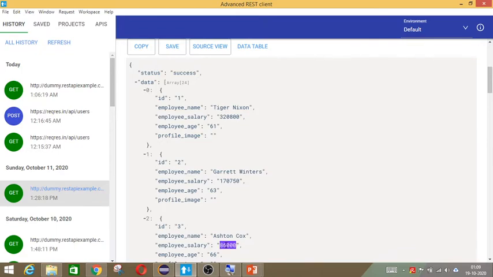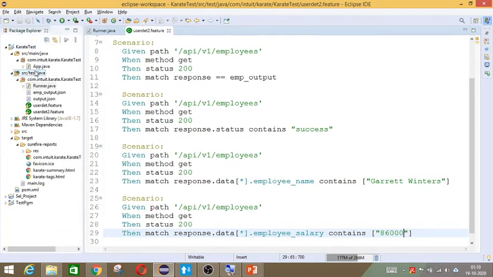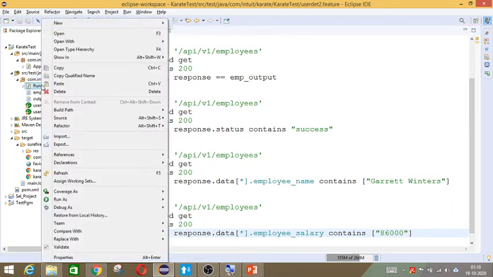So let us take 86,000 this time, and inside the contains we have to give that value, which is 86,000. This will exactly check whether one of the values inside the JSON for employee salary is 86,000, which is what you want to validate.